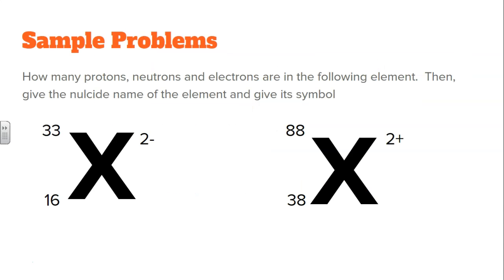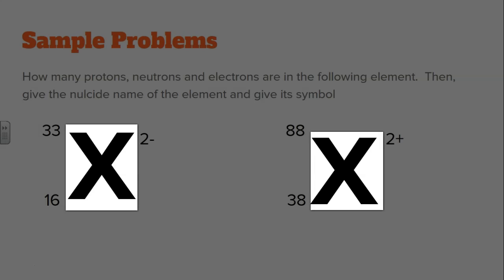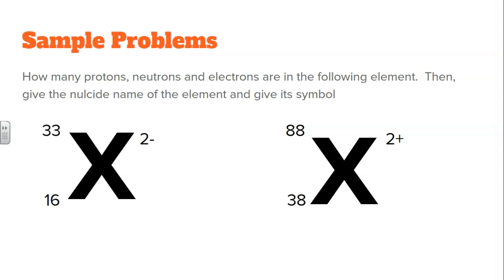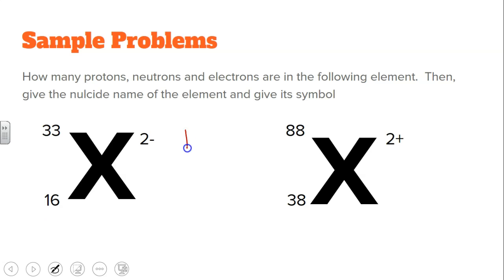So these are fairly straightforward sample problems where we will be given the nuclide symbol, maybe with an atomic symbol or not. In this case, there's no atomic symbol in the middle. Let's take this and answer the question. So we want to know the number of protons. The number of protons is probably the easiest thing to figure out because that's just this number down here in the corner. The number of neutrons is a little more challenging to figure out, but not that much more challenging,